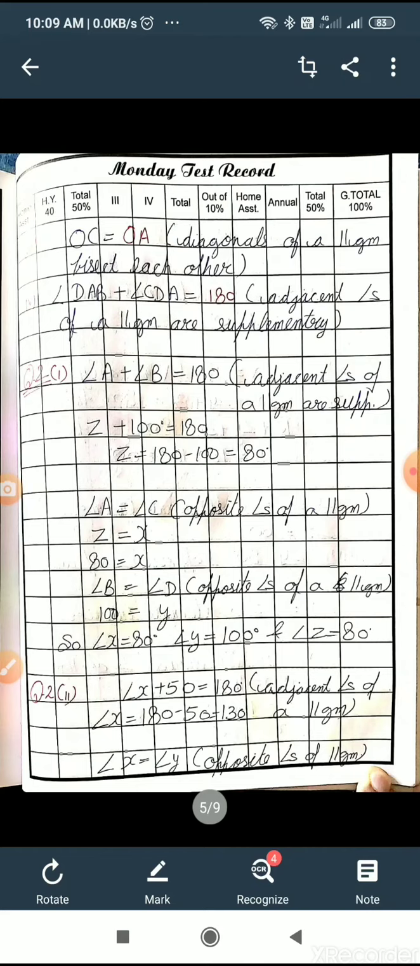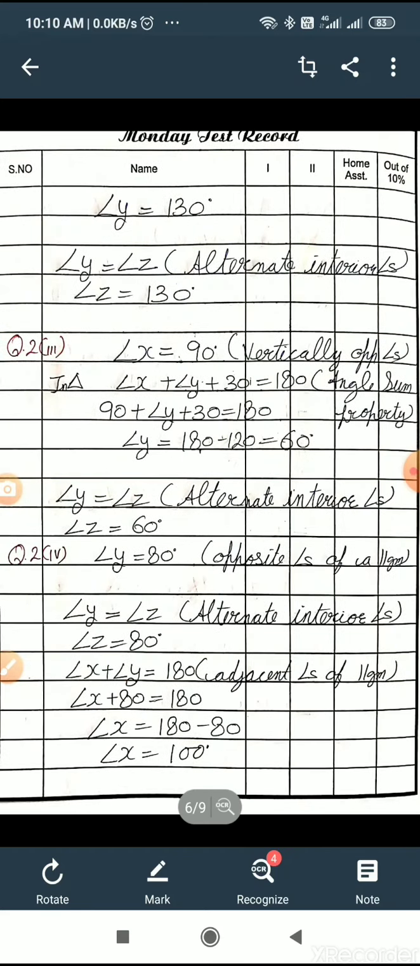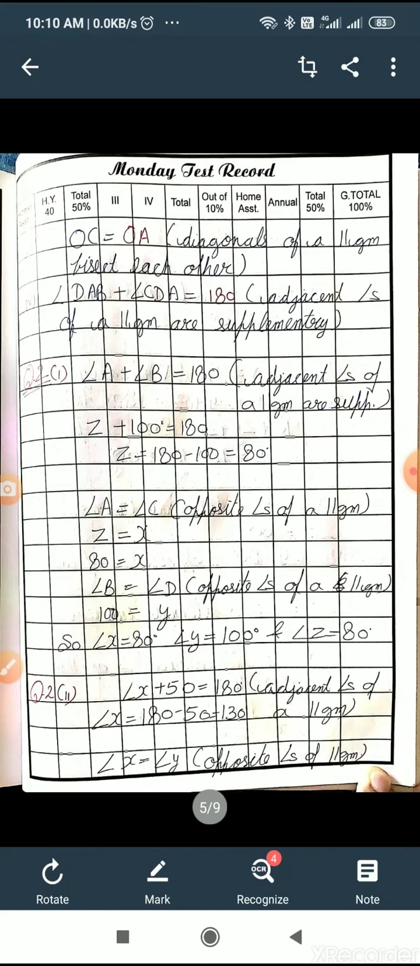Okay, now let us see question number 2. What is there in question number 2? Consider the following parallelograms. Find the value of x, y and z. There is a parallelogram given ABCD, and with whatsoever property you have learned, you will have to solve these questions with the property. So what he is saying,